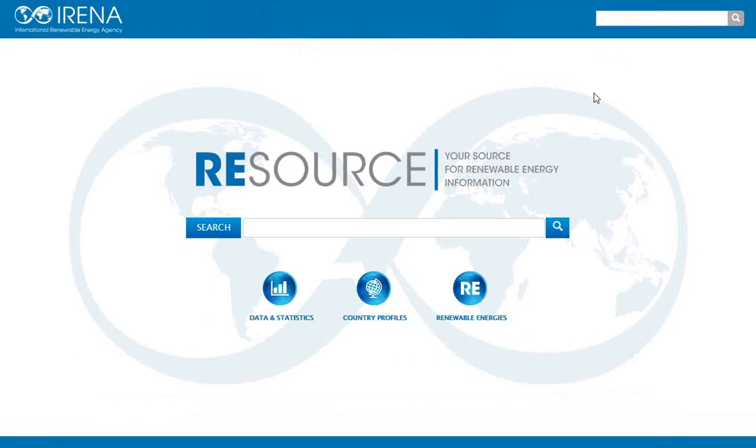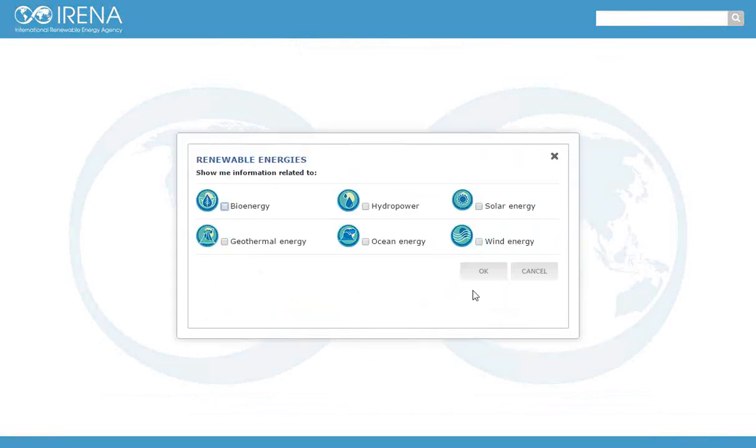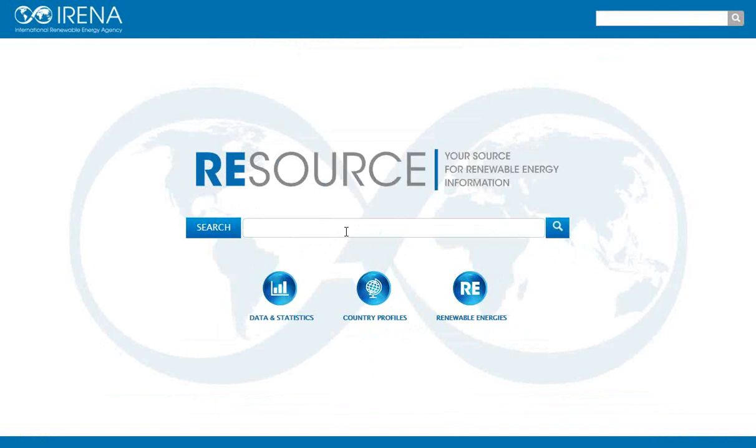So if you go and look at the platform itself, you will see the different functionalities that Resource offers to users. The first functionality is a simple search. Then you have another functionality that is the country profiles, and the last functionality or dimension of Resource, that is the data and statistics component, so the hard data. So we'll start by the search function of Resource itself. So you will see here you can either click on the renewable energy section, so we have the principal 6 technologies here represented, but if that is not specific enough for you, you can type also in any query that